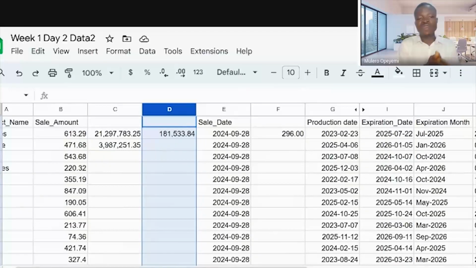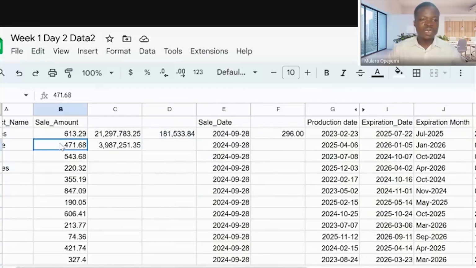Now, for example, because it's not out of place, you might have in the data a missing value or an error somewhere. Somebody collected the data, and because it's a large volume of data, you might not spot all of those errors in the middle. But along the line, you'll see an error message that you are getting from somewhere. You are just seeing #VALUE, #REF error, and all of those things. Now, how do you manage it? There are certain things that you don't have control over. All you can do is find a way of managing them so that they will not impede or hinder whatever you want to do.